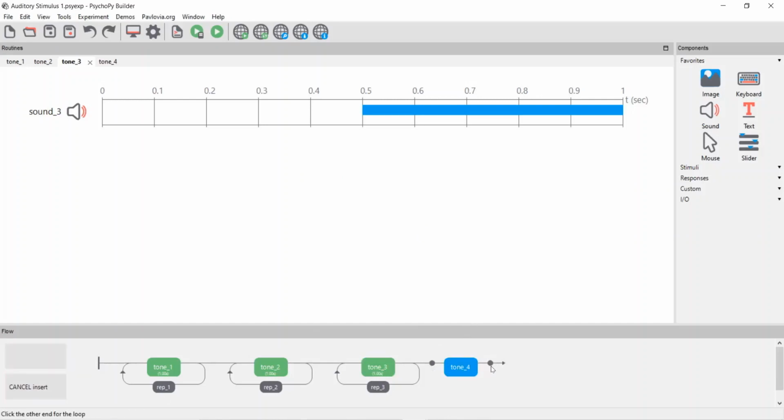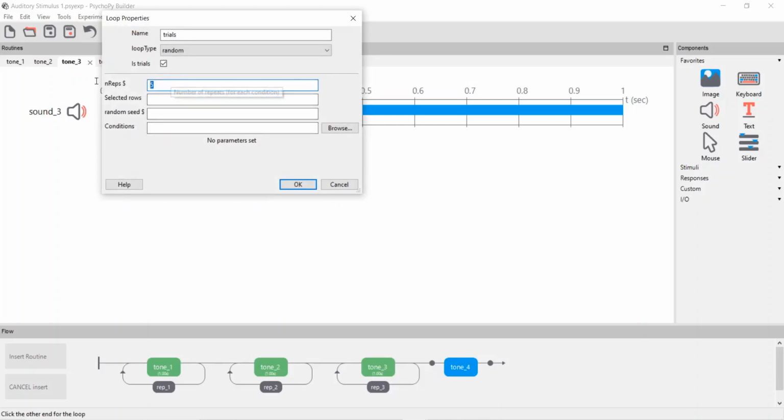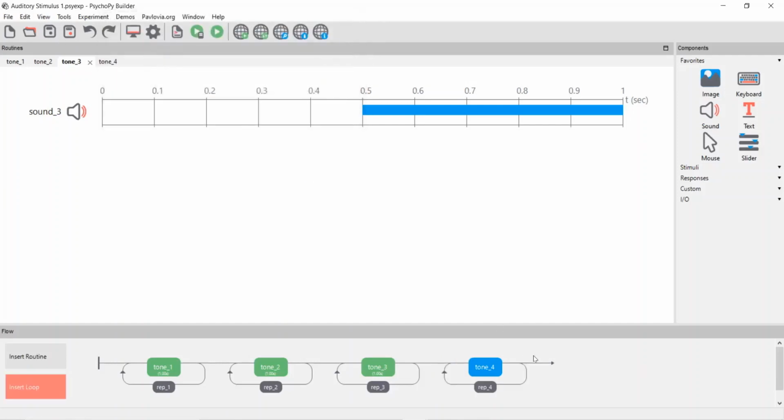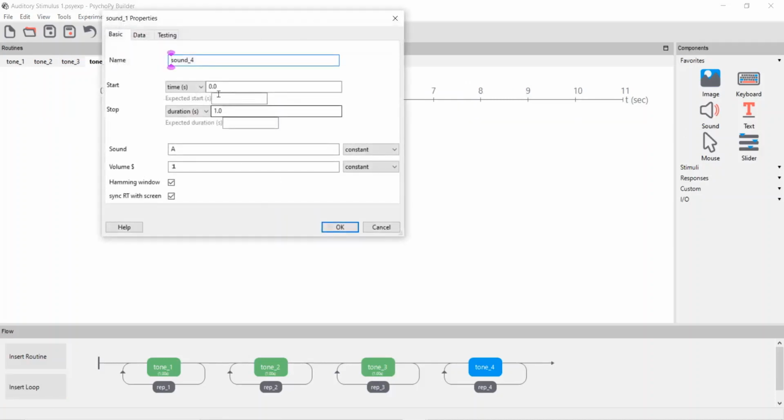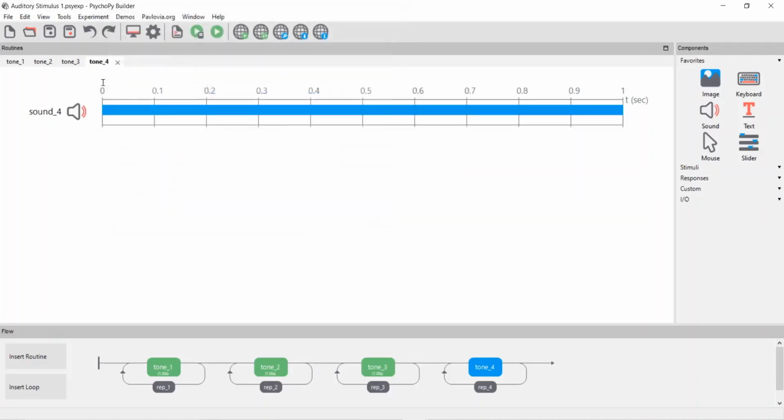Normally it should get repeated thrice for repetition 4. Just to give you a proper understanding of what I'm doing, first of all I have to define tone 4. Tone 4 is a sound with the same timing specifications.